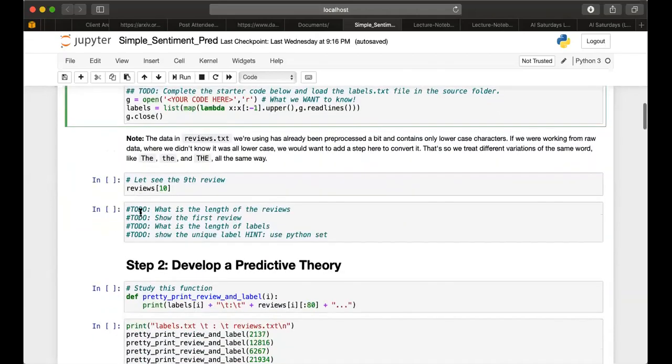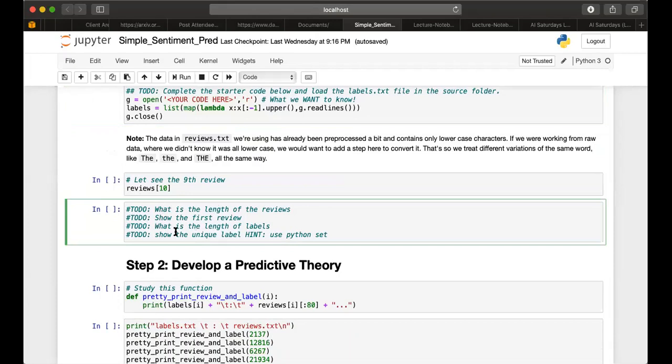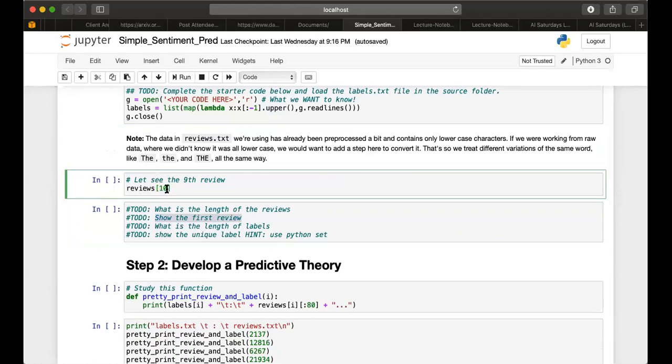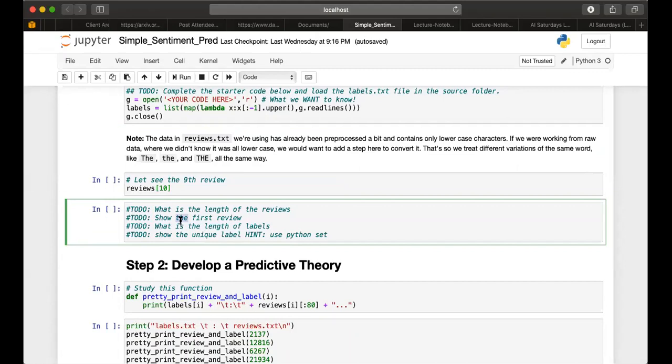Here, I think this is already a solution to one of the things I told you guys to do. But here I wanted you guys to print the length of the reviews. I wanted you to show the first review. So if this is showing the 10th review, you should be able to write an operation to show the first review.